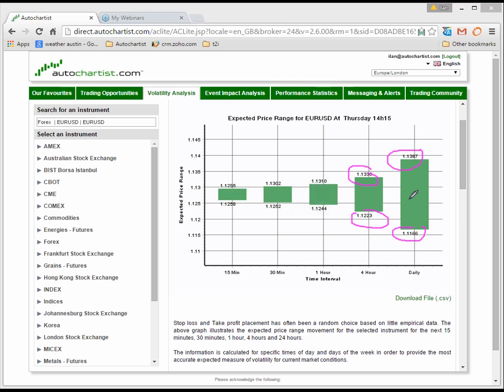So this gives you a very good idea of what type of volatility to expect in the market. So if you're placing a trade right now on EUR/USD and you need to take the kids to school and kiss your husband goodbye or make him breakfast, or whatever it is, and you want to be in the market by the time you come back,